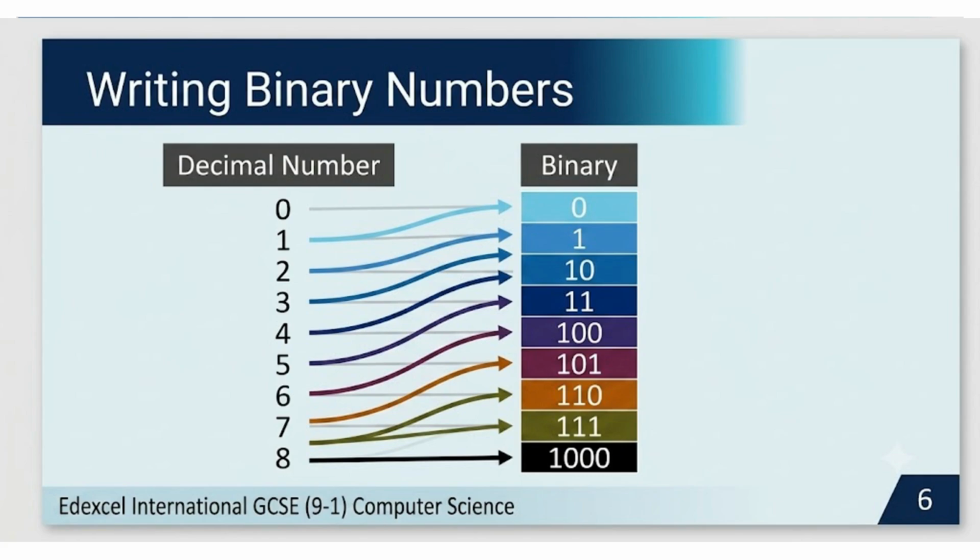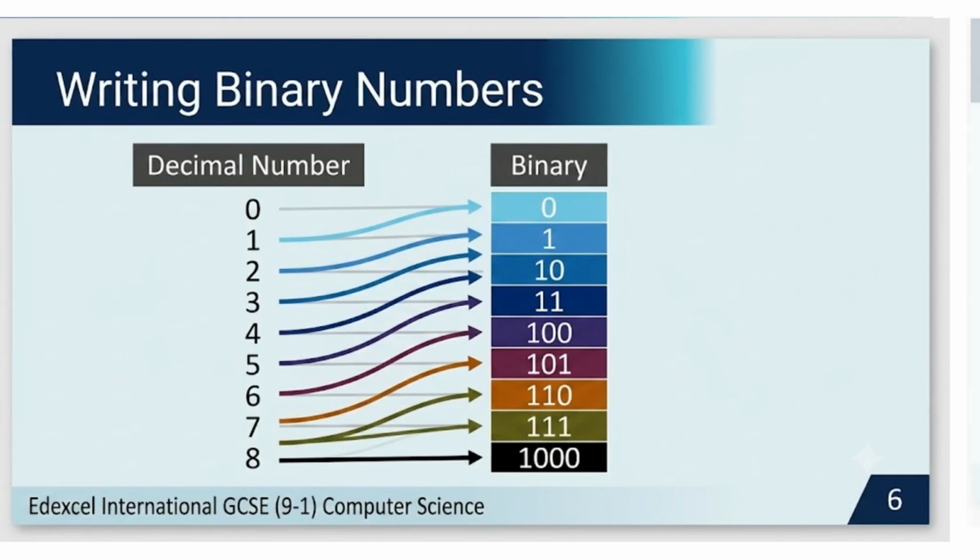Notice the pattern. Whenever all the possible combinations of the current digits have been used, binary simply adds another place value to the left. This is exactly the same idea as decimal. In decimal, after 9 comes 10. In binary, after 111 comes 1000. The key difference is that decimal uses base 10, while binary uses base 2. As you continue practicing, these binary patterns will become familiar, making it much easier to read and write binary numbers